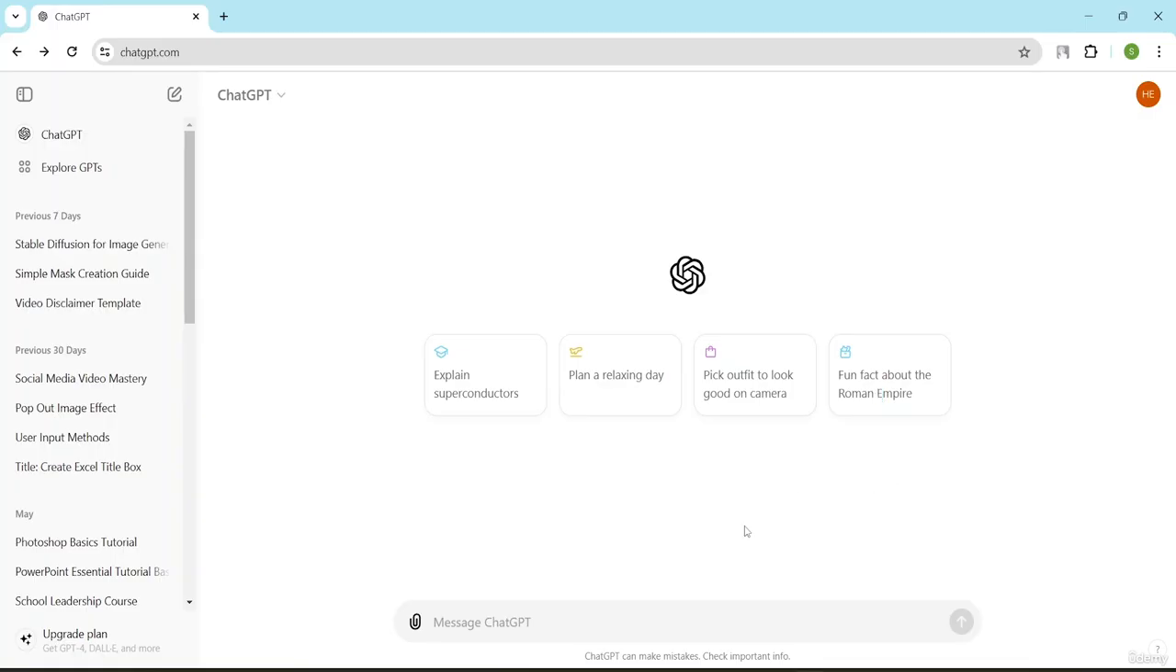So, as we have already seen in the first chapter of what ChatGPT does, we need to understand that properly. Basically, ChatGPT helps you to answer the questions you ask like a human being. Let's say on top over here, you have a different kind of option, like if you want it to explain what superconductors are, or plan a relaxing day, pick an outfit to look good on camera, a fun fact about the Roman Empire, anything you ask. Okay, so for me, let's say,